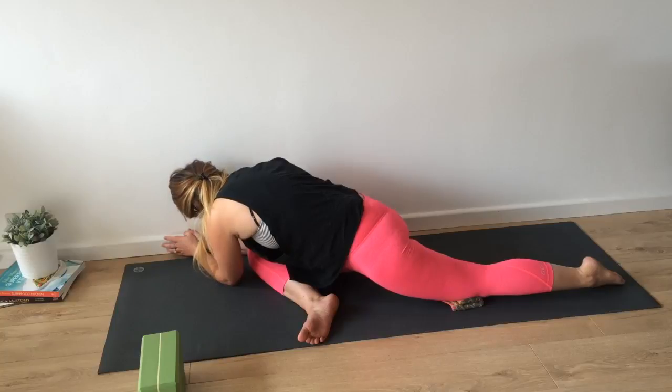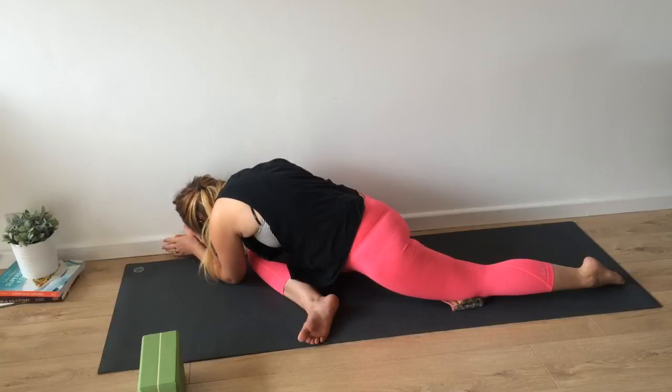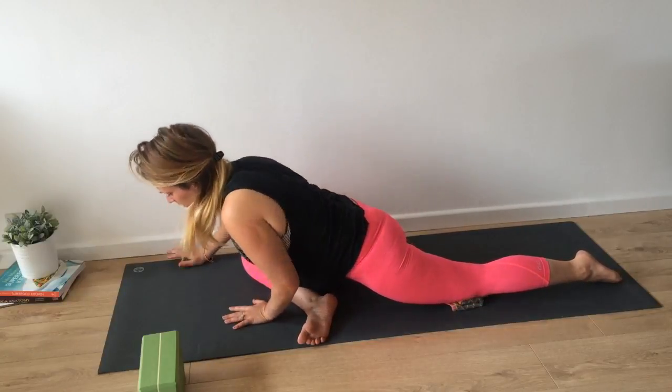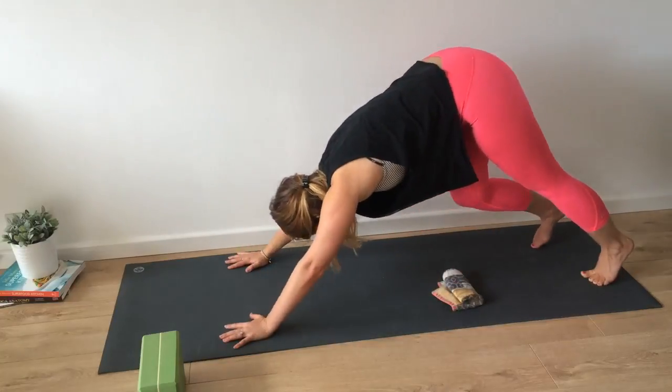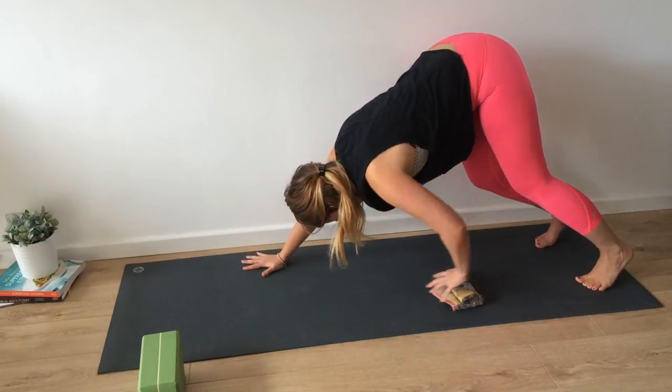Now you should feel quite a large stretch along the right glute. So send your breath there. And relax your neck. And on your next inhale, coming back to center, tucking our toes under and coming up into downward dog. And we're going to come